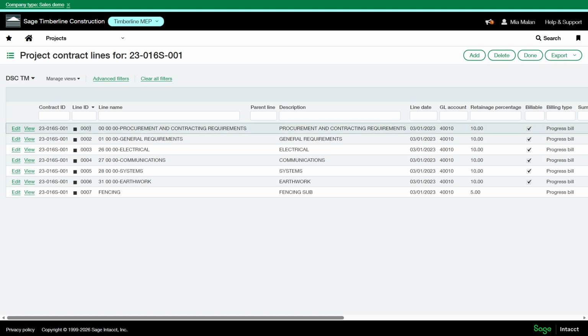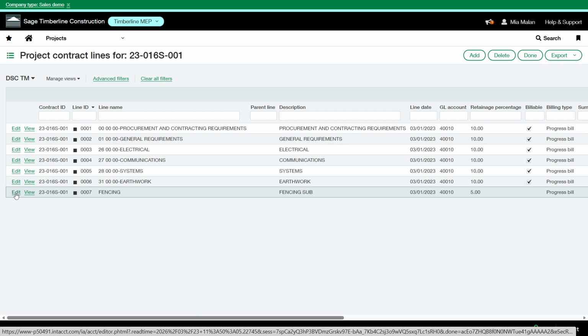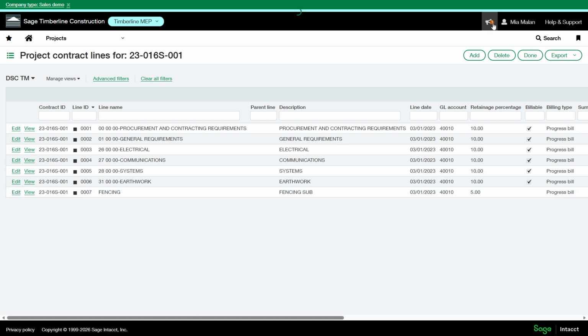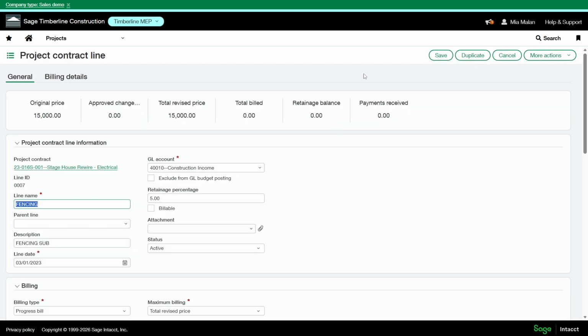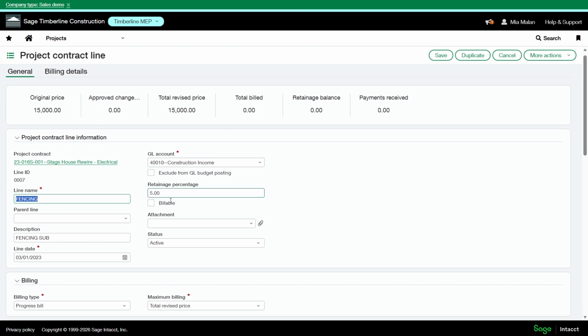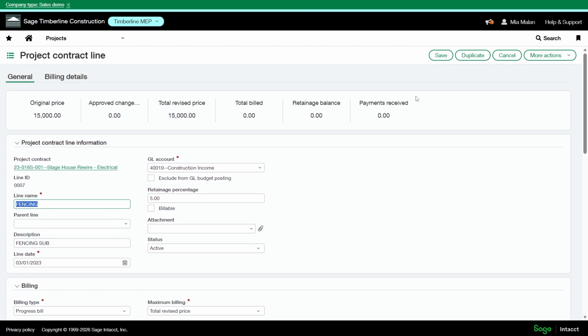So you'll notice here that the lines have a leading zero. You need a leading zero before you enter your line number, and they need to have a leading zero so they are in order. If I were to just enter 1, 2, 3, 4, it would not be in order here. So to make this simpler on myself, I'm going to go into one of these lines and you can duplicate the line. So this makes it a bit quicker because it saves some of the preset things from the previous line.